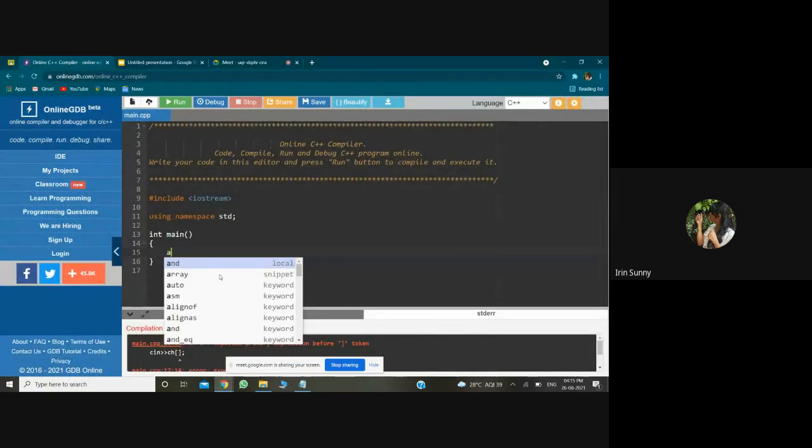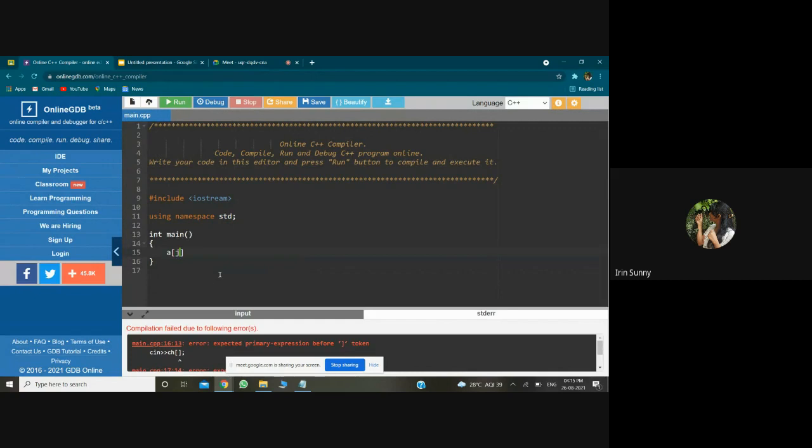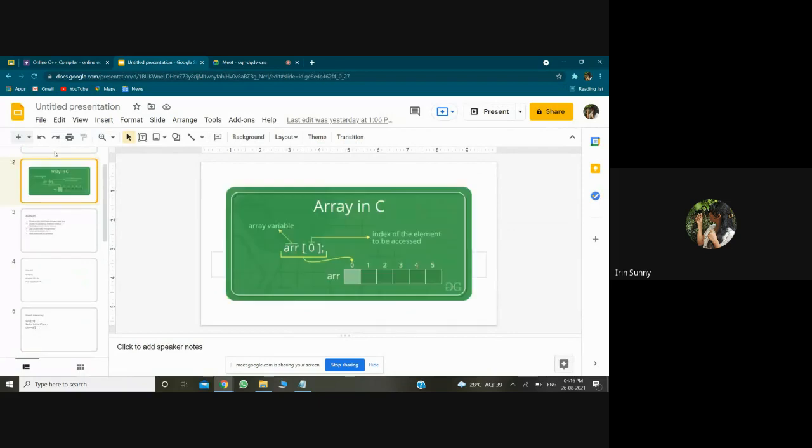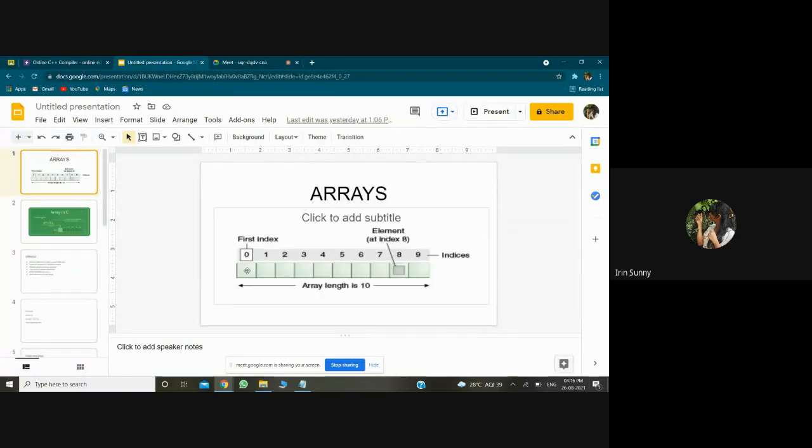This array of j plus plus means you are actually changing the index. Means if I write array of j plus plus in the square bracket, what I mean is, if initially j's value was 0, initially j pointed to this index, when I write j plus plus in between the square brackets, I am not pointing at the 0th index, I am pointing at the first index, or the 1 index. So the value of j gets updated.